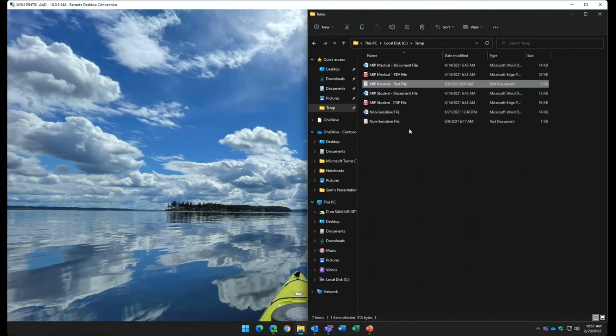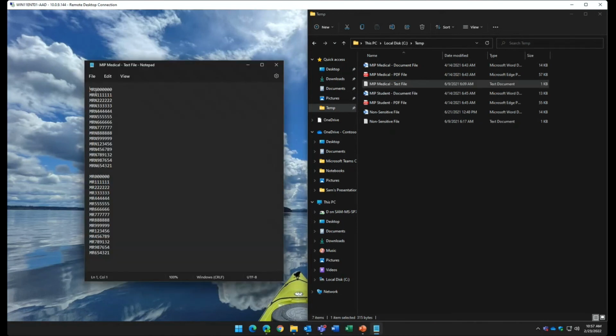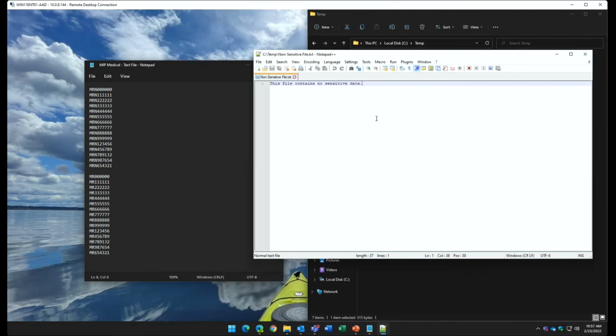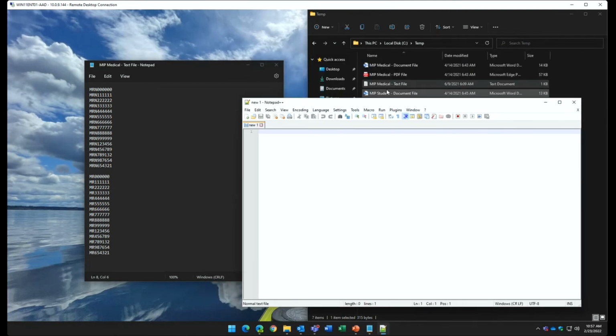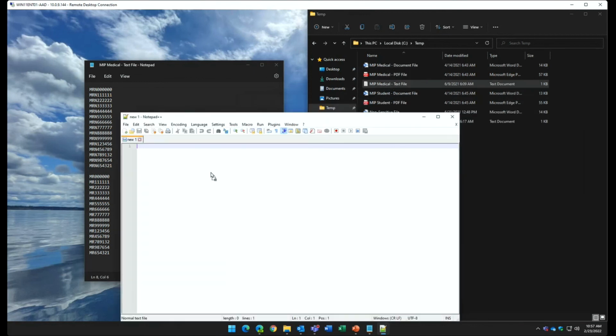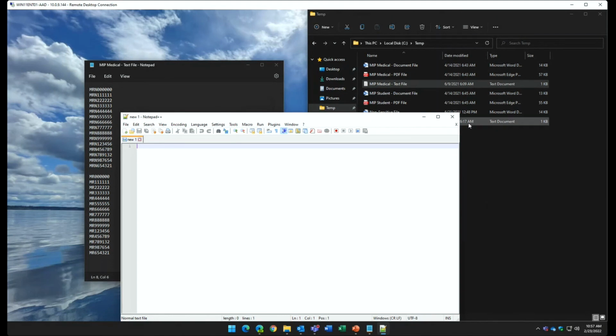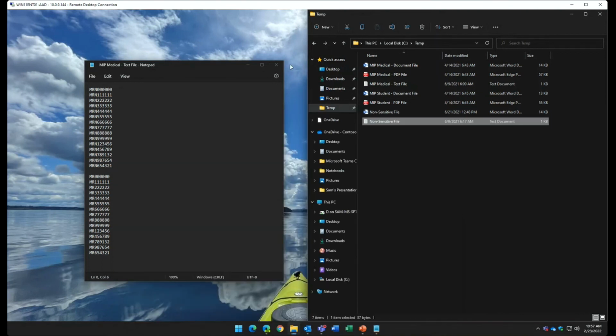Alternatively, you can also use this to sanction and unsanction apps. So we can say, all right, well, we've got medical record numbers. This is an unrealistic example, but let's say Notepad is a sanctioned app. You want to allow Notepad to manage this content, but we've unsanctioned and blocked Notepad++. You might not want to allow Notepad++ to manage sensitive content. So as we try to open a sensitive file in Notepad++, we're getting that DLP warning saying, hey, this is not allowed, protecting you, but still allowing you to manage non-sensitive data with those applications as a user might do.